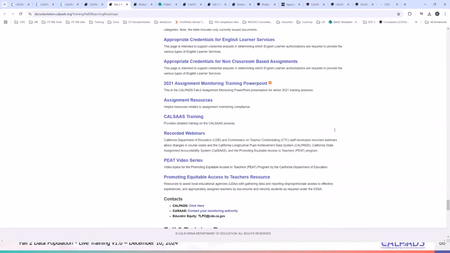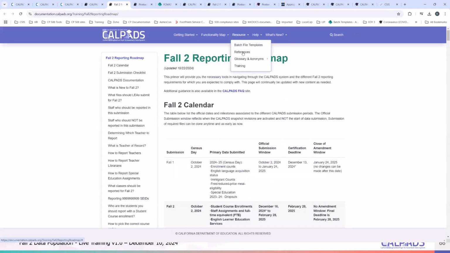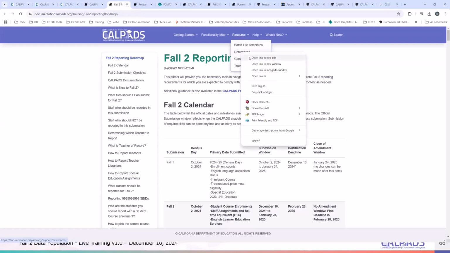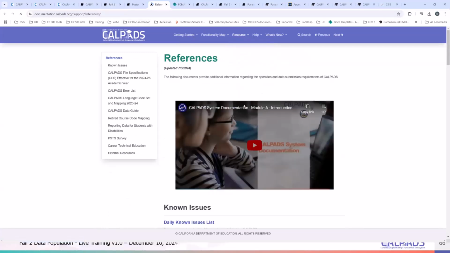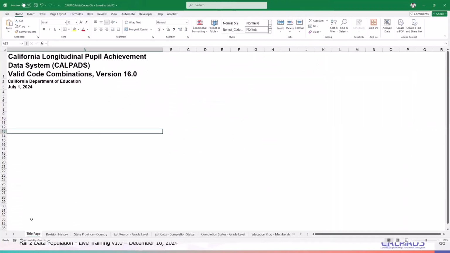Okay. All right. Another thing is the reference page. If you go to the reference page, all of the documentation can be downloaded from here. The definition of each code set appropriate to Fall 2, when each field is required to be populated, that's your forms, and then your valid code combinations document, that's essentially one of the key tools that you should be using most of the time.